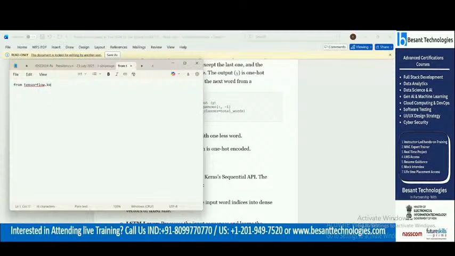I will check later. So how we usually do it: from tensorflow.keras.utils import to_categorical. Usually we are doing like this, yes or no? Right. So in this, suppose I am taking one L1.